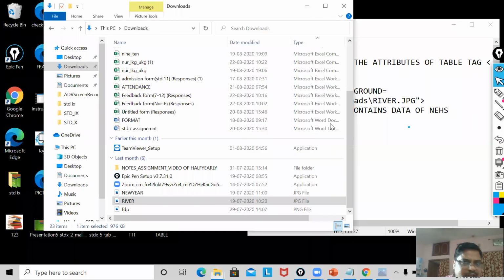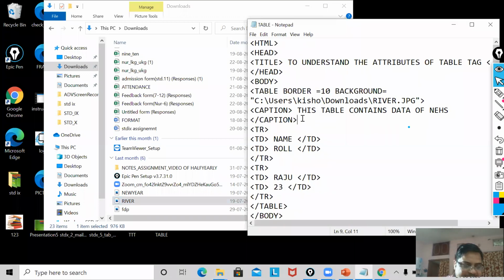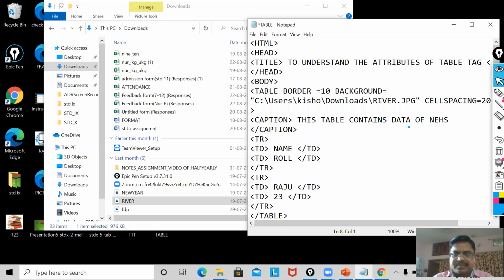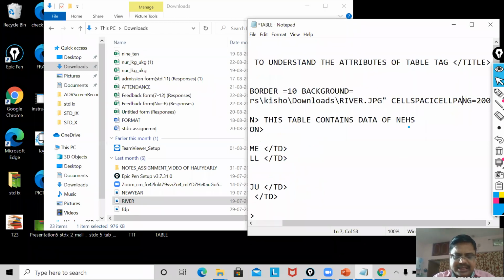So if I have to get all of it, what I will do, my dear, I have to use two parts I have discussed, cell spacing and cell padding. So you have to use here cell spacing equal to 200 and then cell padding equal to, suppose, 200.